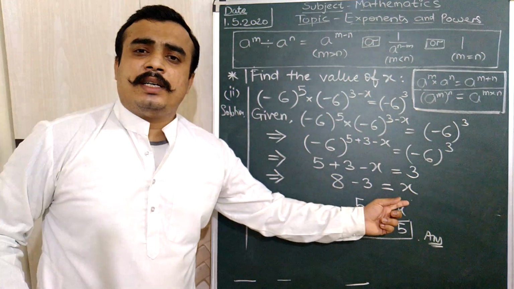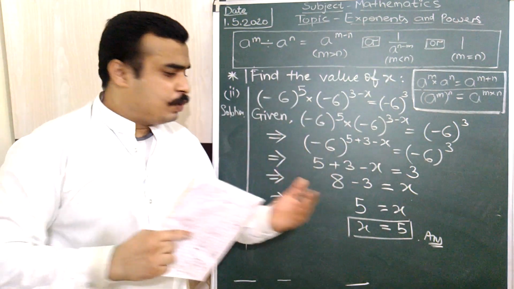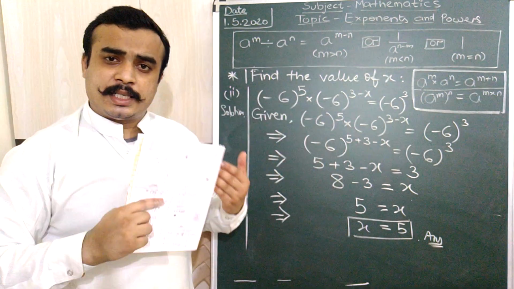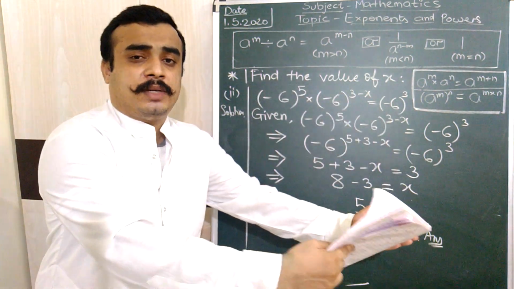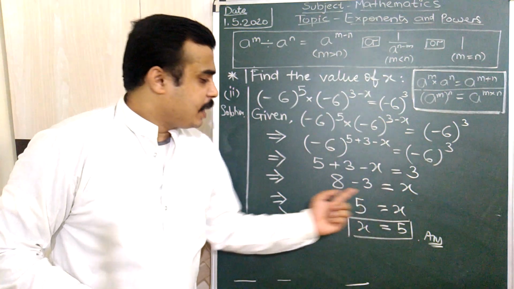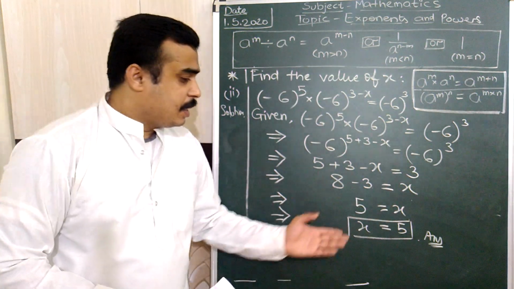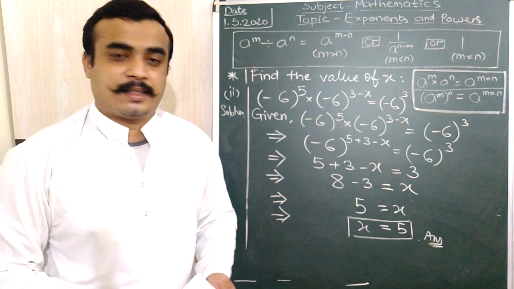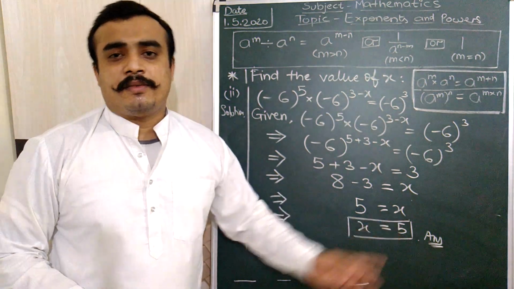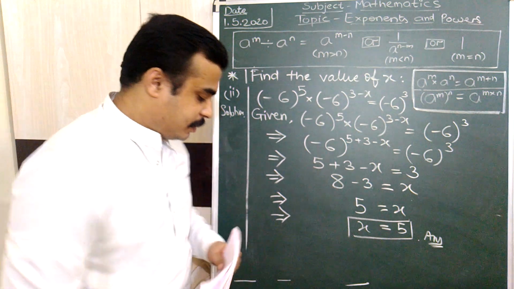answer. So here what we have done, the known values we took towards one side, and the unknown value we have shifted towards the other side. So x is unknown and 8 and 3 are known values. Now that is the linear equation that we have learned in class 6. So the answer is x is equal to 5. Now let's see the next concept.